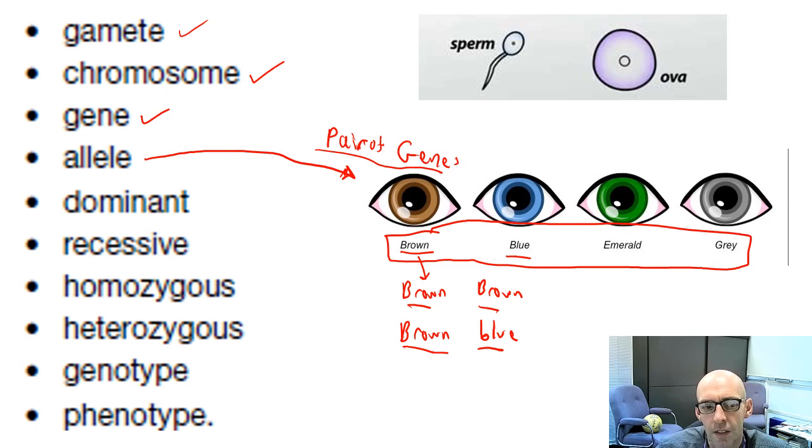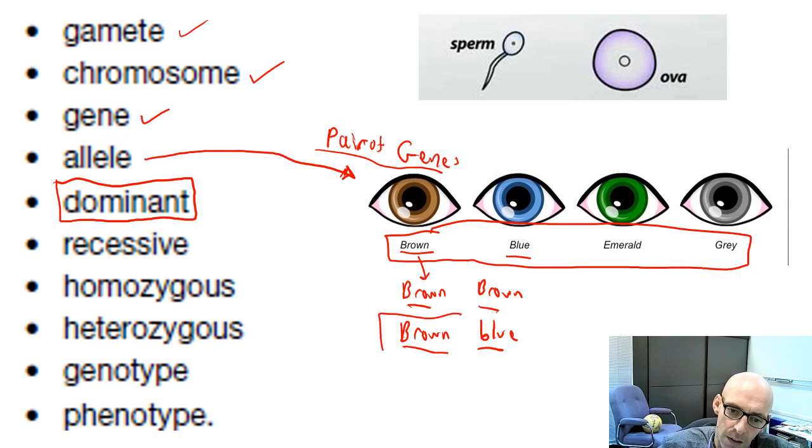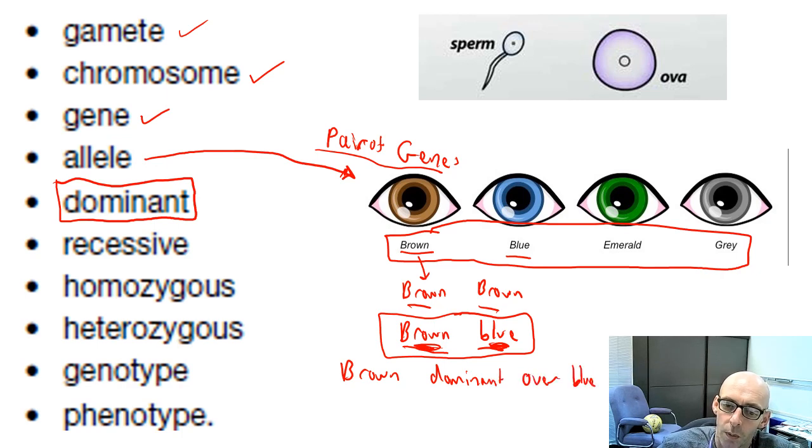What tends to happen is that some genes are dominant. Dominant means they are the more powerful gene. So even though this person here on their chromosomes will have brown and blue genes that they can pass on to their children, actually what would they have? Well, if brown eye colour is dominant over blue, what would they have? Well, they would look brown-eyed.